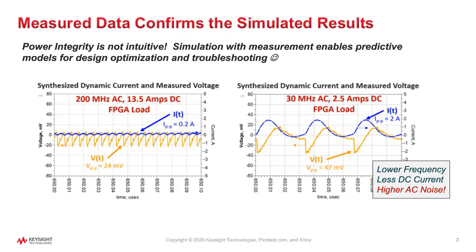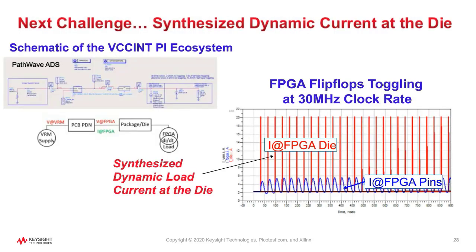The success of measuring the dynamic current at the FPGA makes it possible to consider synthesizing the dynamic current at the die by using the synthesized dynamic current and measured voltage at the package pins. In fact, this was how the initial model of the switching load was refined in the power integrity ecosystem simulation